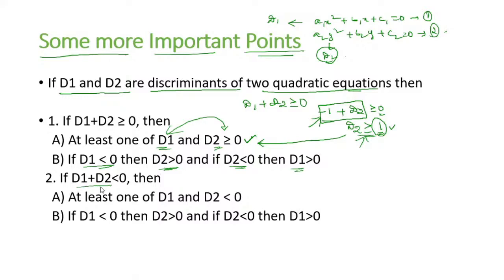If d1 plus d2 is less than 0, then at least one of d1 and d2 must be less than 0. And if d1 is less than 0, this is